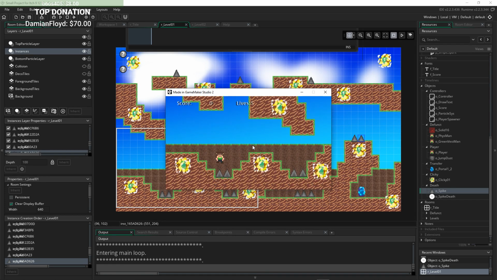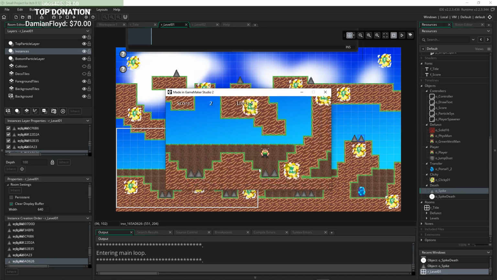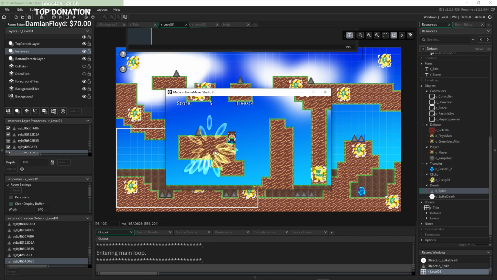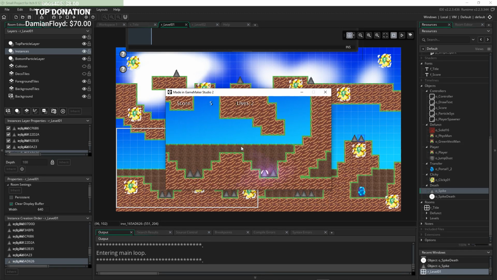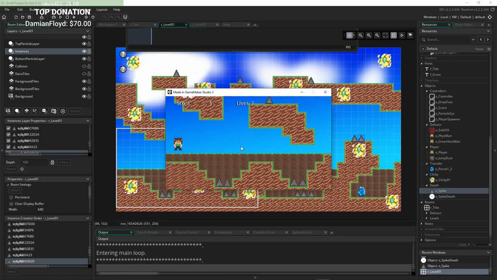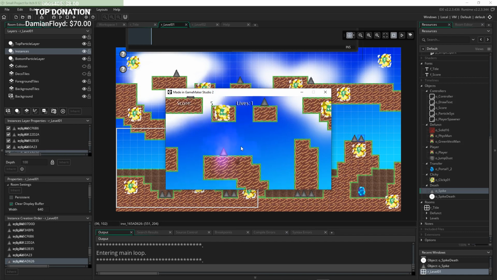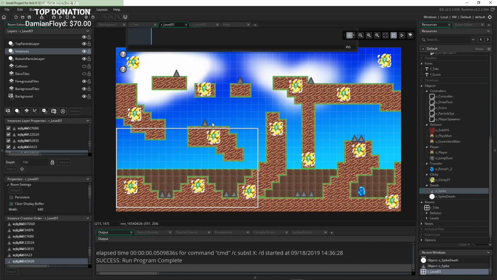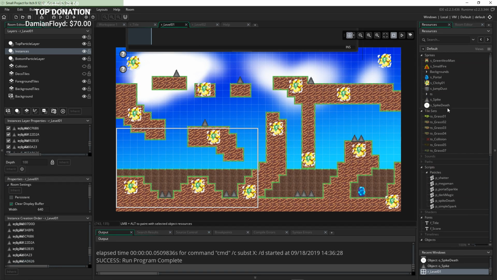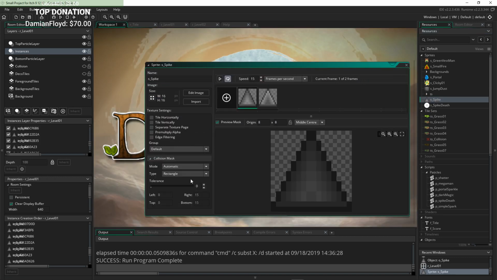Oh! Oh no! I've managed to make it difficult. It feels good too, like the controls aren't too bad. I kind of feel like the hitbox is a little much right here, because you kind of die if you stand right here a little bit too much. Let me go back to this spike and really mess with the collision mask to make sure that it's, maybe